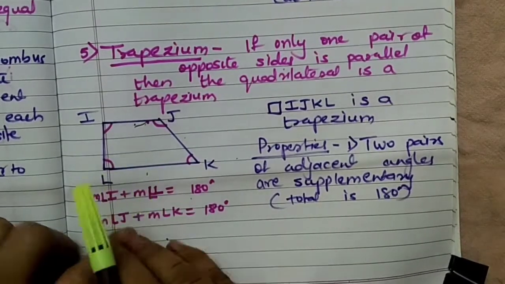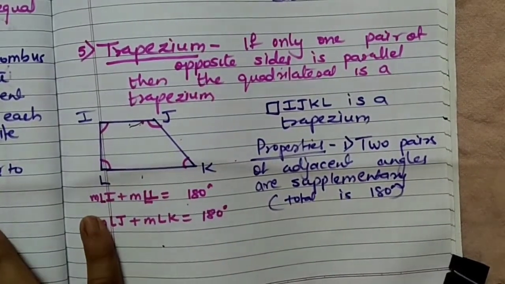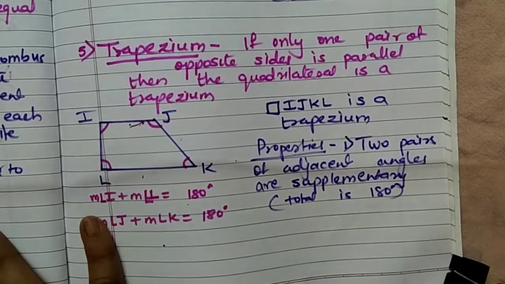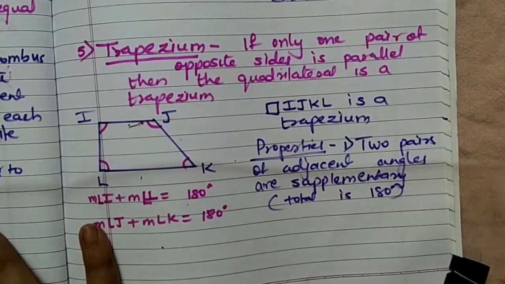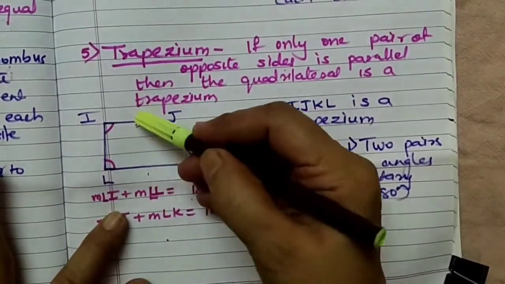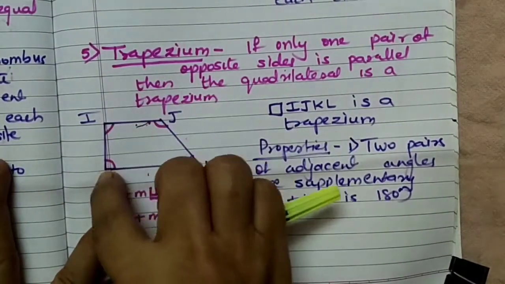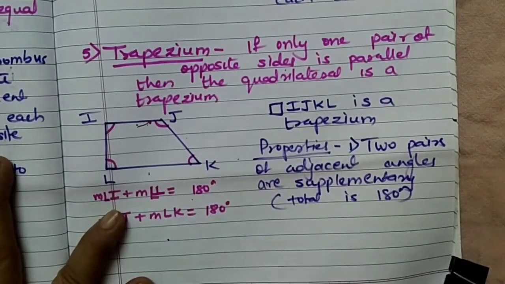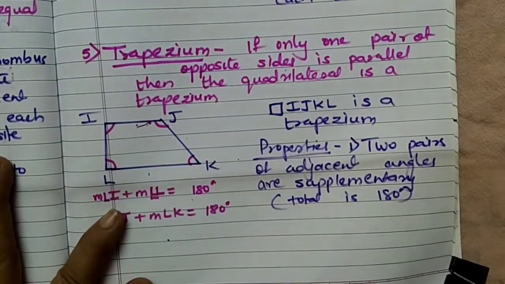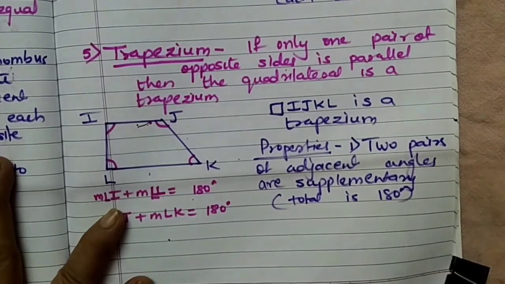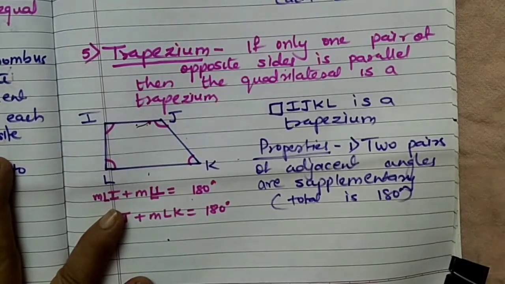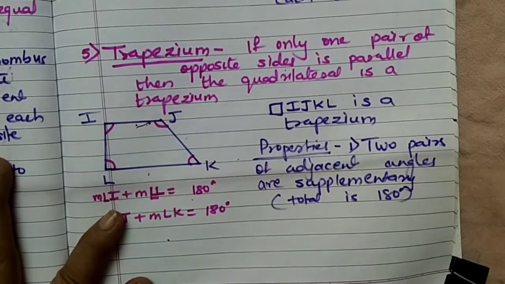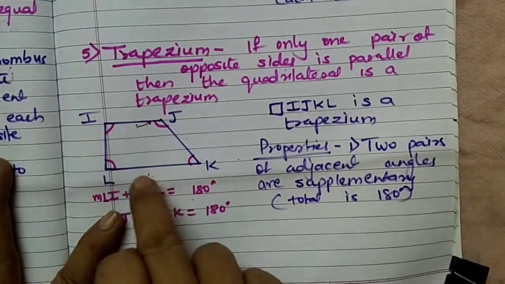Now that happens because, if you remember, we had learned in parallel lines the interior angles on the same side of a transversal. Now see, these are two parallel sides. If we consider this as a transversal, that's why I always tell you, don't forget maths which is taught in the first lesson or second lesson. Now we learnt about parallel lines, and in that we learnt about the angles on the same side of the transversal. They are supplementary, or the total is 180. So that property is used over here.